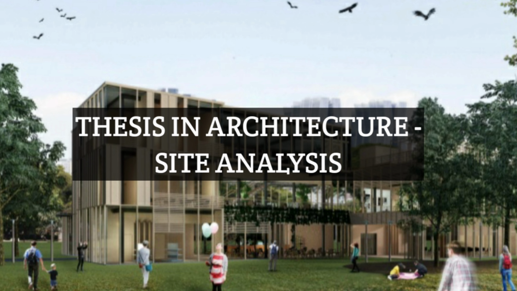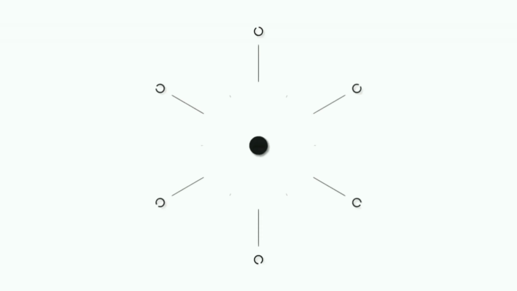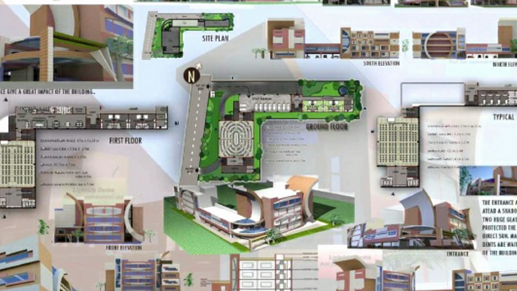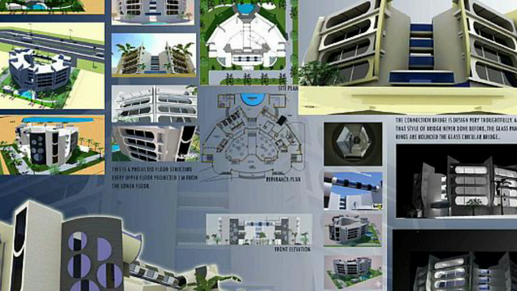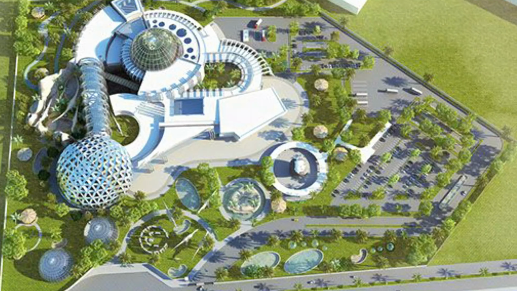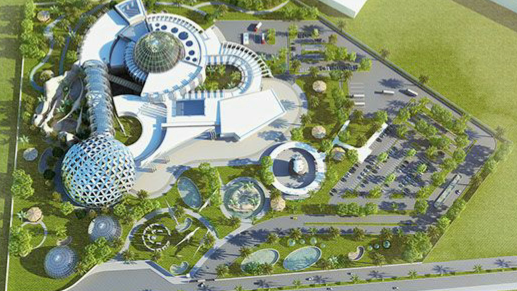So let's get started with today's topic, which is site analysis, without further delay. After site selection, we move on to the site analysis. In site analysis, we analyze the site. We focus on different points during site analysis. The different points are site location, access and approach, pedestrian access, existing surrounding, site features, SWOT analysis, sun path and wind direction, existing land, prevailing bylaws, climatic data, and Mahoney's table.